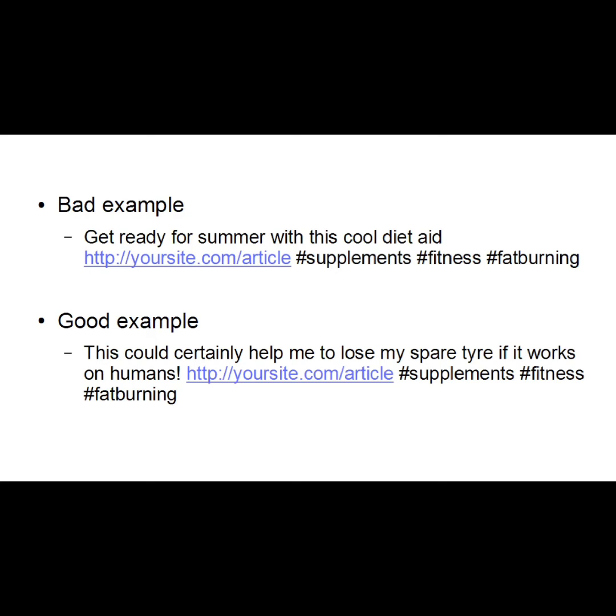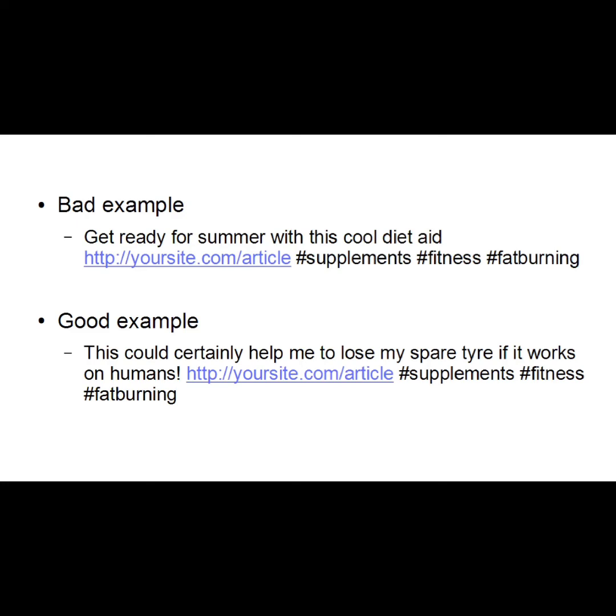So how can you change that? Well, let's take a look at this other example here. You could tweet something like, "This could certainly help me lose my spare tire if this works on humans." And then the URL, #supplements, #fitness, #fat burning. Well, that invokes people's curiosity. People are going to think, if what works on humans? And they might be more inclined to click the article link just out of curiosity, and then they can read the article, and it should be an informative article, not a sales page,